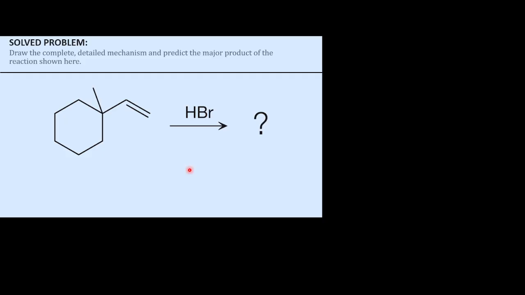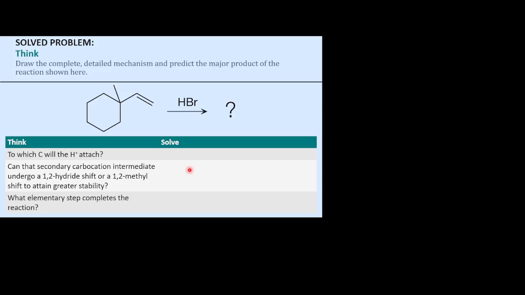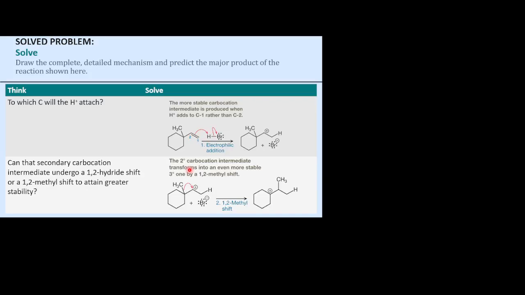Okay, I'm going to go ahead and move forward because we can only have so much time. So. All right. So the first thing you need to do is which carbon will the hydrogen attach to? And so it would be the one that gives you that more stable carbocation, right? Which is this one right here for the hydrogen attaching to. This is the secondary carbocation.